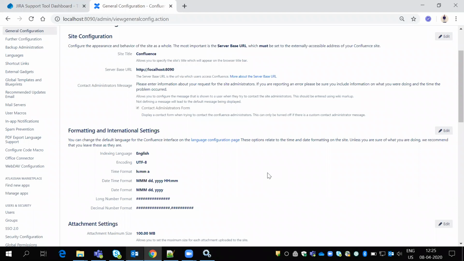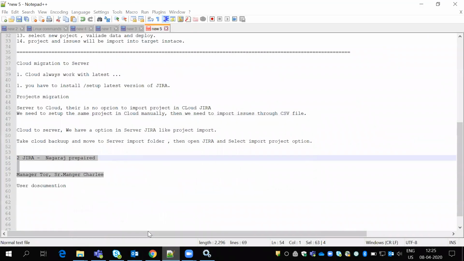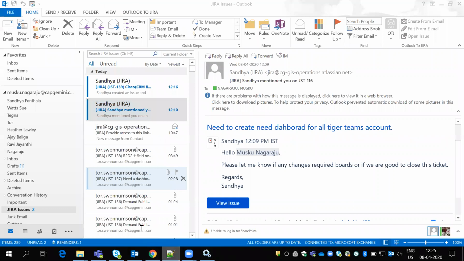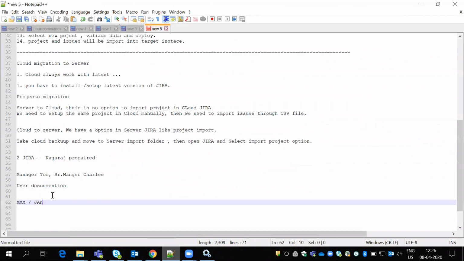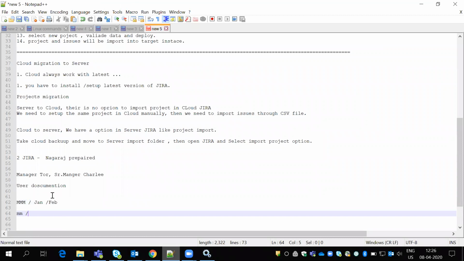How do we specify that? I had this doubt, so I wanted to clarify. See, MMM means it will come like Jan, Feb, like this. MM means it will come as 01, 02, like this. So this is the difference. Okay, fine, sir, thank you.